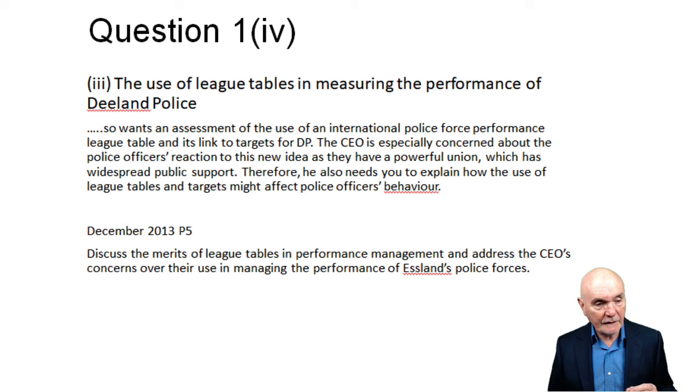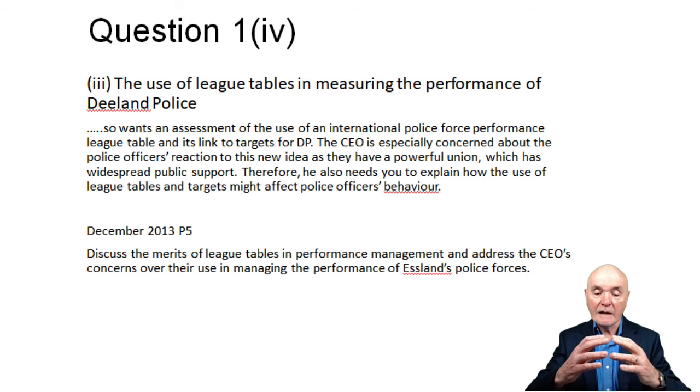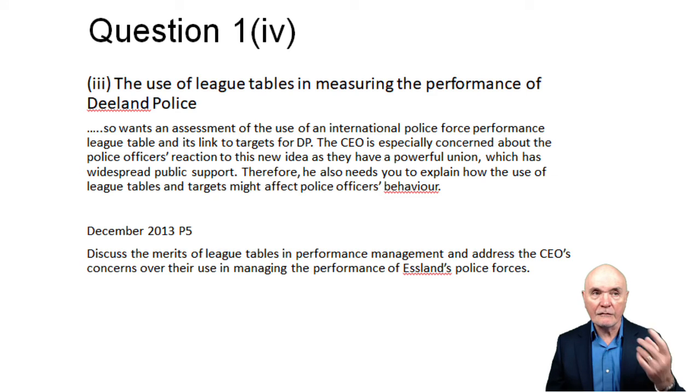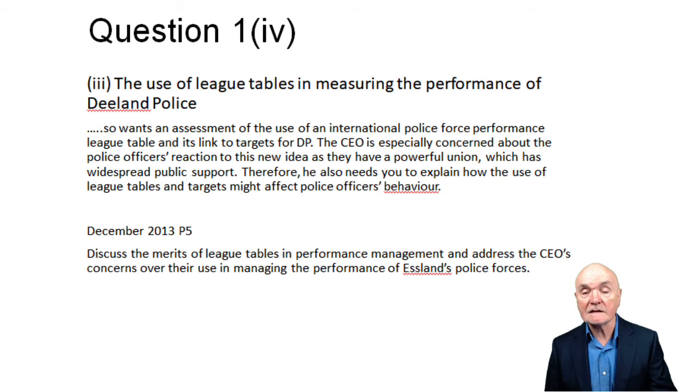And the first thing you have to worry about is what aspects of performance we are going to bring into this single measure, and how we are going to weight them. Are we going to give 1 point for every murder, and also 1 point for every speeding offence? Or are we going to weight them in some way? Are we going to leave out speeding offences entirely because in some countries they are not regarded as sufficiently serious to be in crime figures, although it's illegal activity?